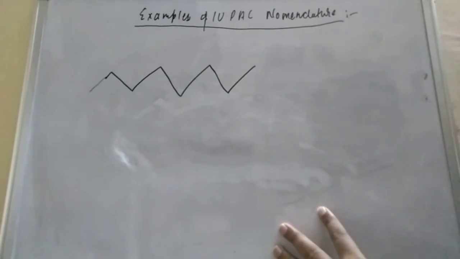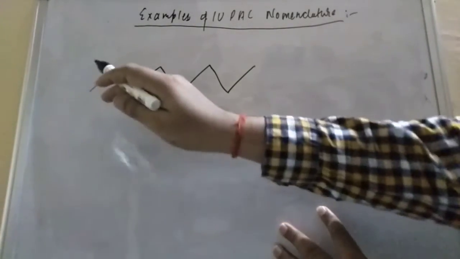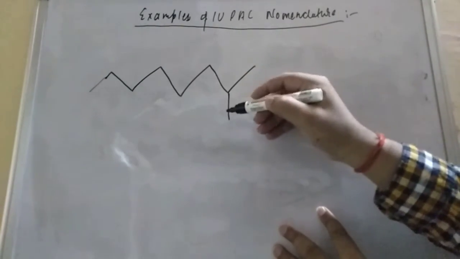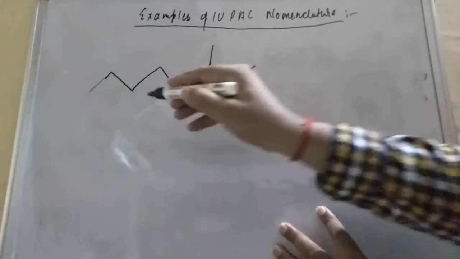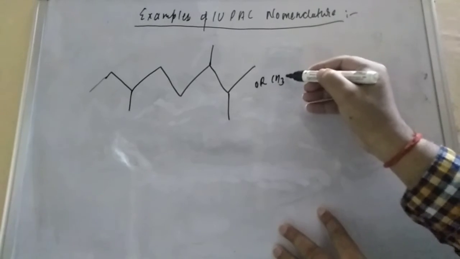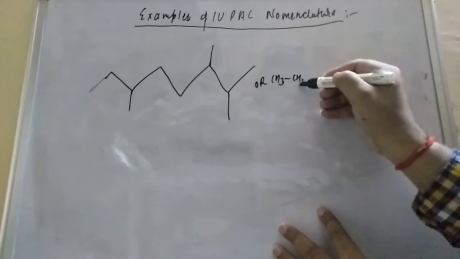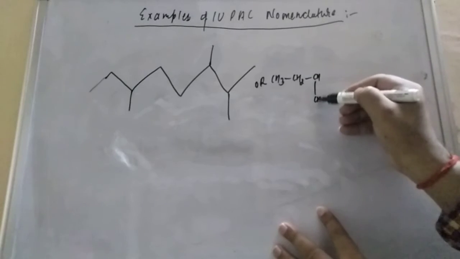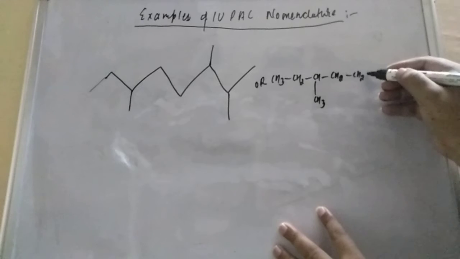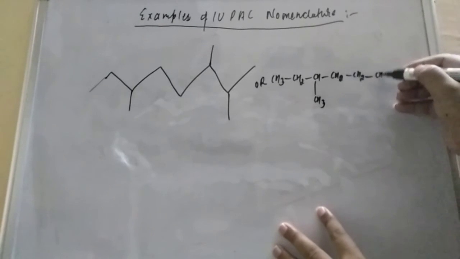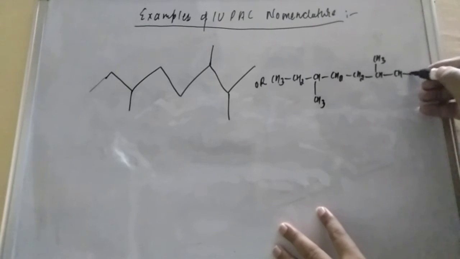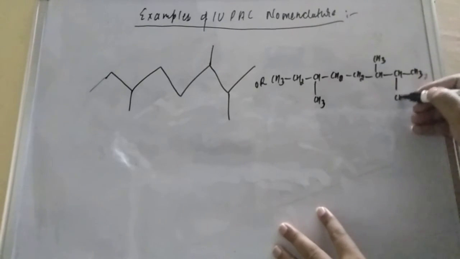Okay, now student, if you talk about the carbons, number them 1, 2, 3, 4, 5, 6, 7, 8. Here is one CH3 group, here is one CH3 group, and here is one CH3 group. Same compound we can also write, student: CH3, CH2, then CH, downside CH3, then CH2, again CH2, then CH, here is CH3, here is CH, here will be CH3, and this is also CH3.